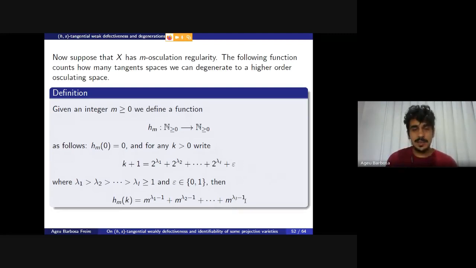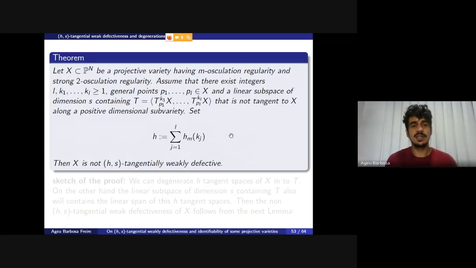Let me just observe that this function HM, computed in a positive natural number k, takes account of how many tangent spaces we can degenerate in a single k-osculating space of X. Now we are ready to present our first result, which gives us a way to